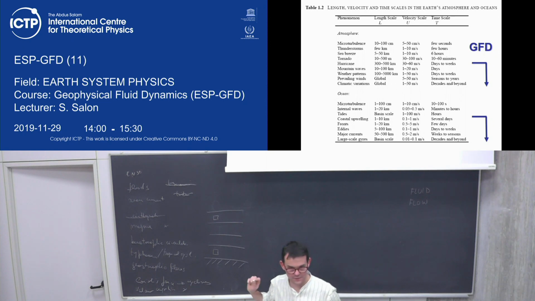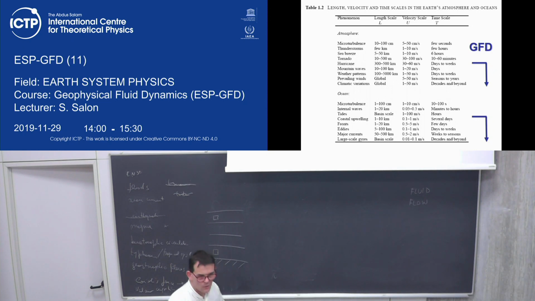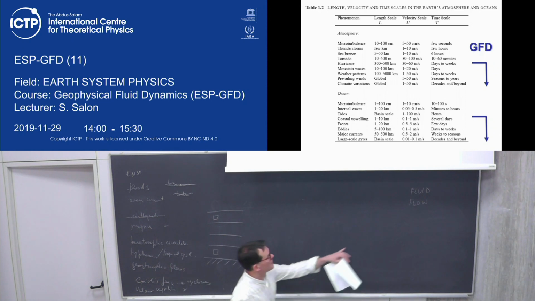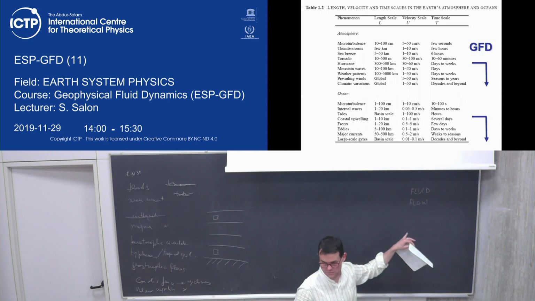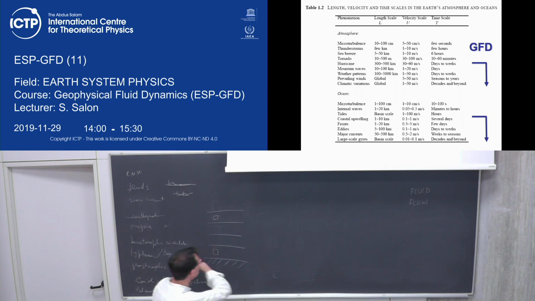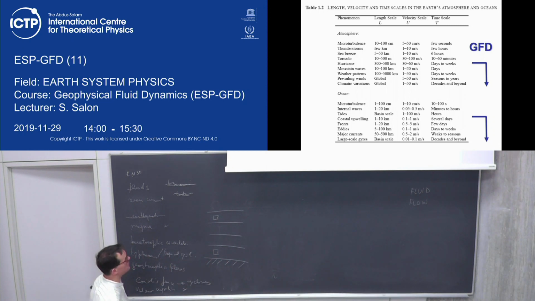Is this difference clear? Fluid is the matter, flow is when you have dynamics, when you have velocity. Of course, a flow is composed of a fluid. I can have gas and water, and I have gas flow or water flow. So this is a fluid. There is no flow for the moment.